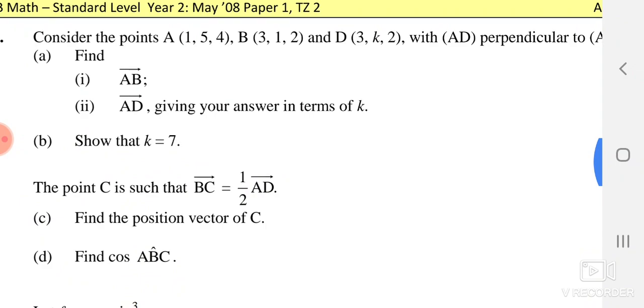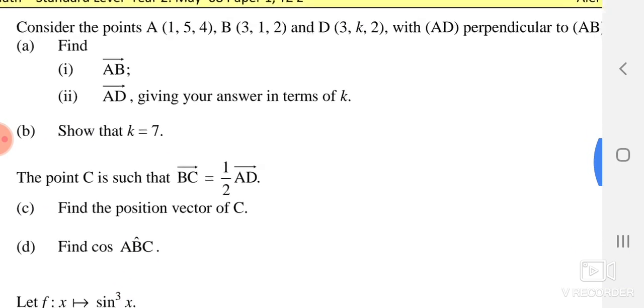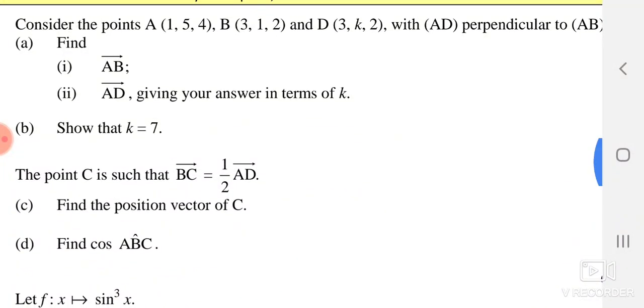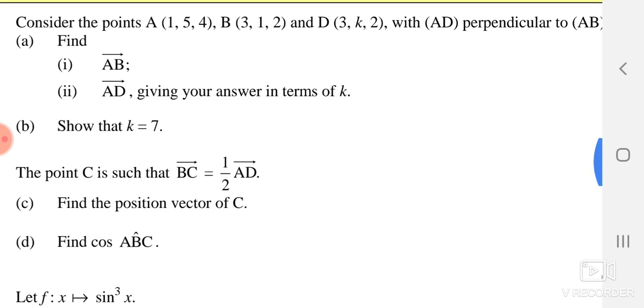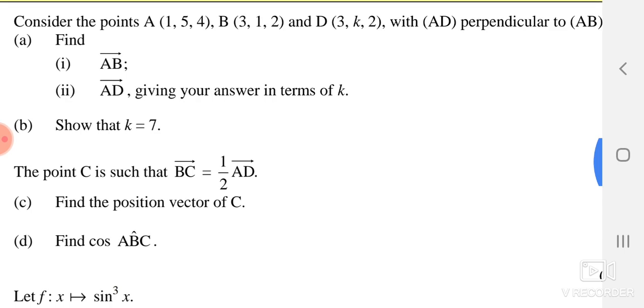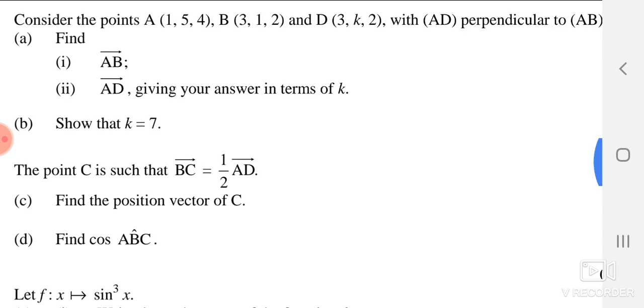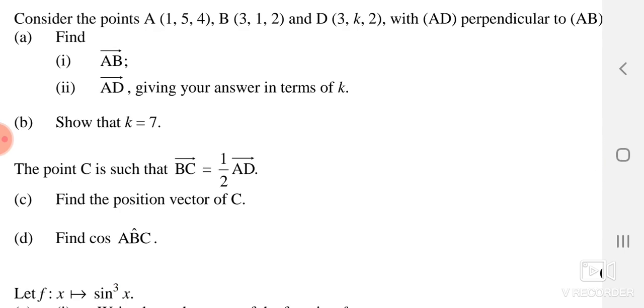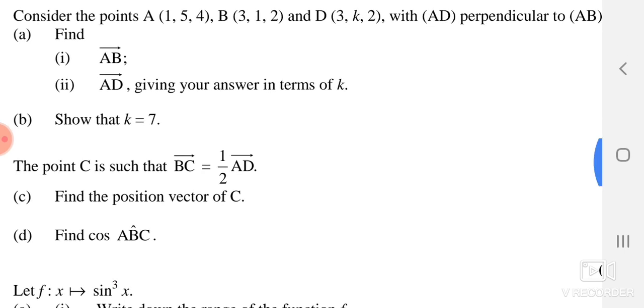Okay, now I'm moving toward the vectors question, and here there are some coordinates given, and he is asking you to calculate AB. My dear, it's very simple. As I told you, you can write AB is equal to OB minus OA. These are points. When you write them in column vectors, they become (3, 1, 2) or 3i plus j plus 2k. In the same way you will write OB minus OA and take the values from there, and you can calculate